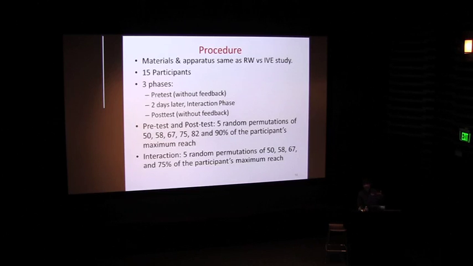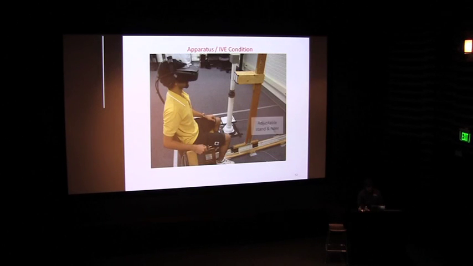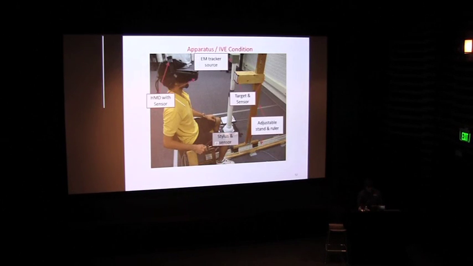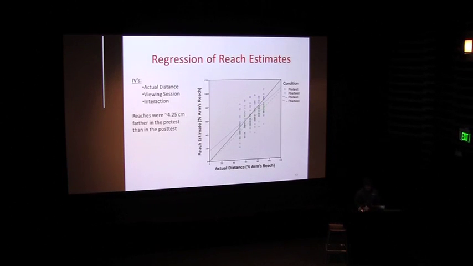75% to 90% range. If they only received calibration to that closer range of distances, where we provided visual and haptic feedback, did it also have an effect on another range of distances beyond the range where they received calibration? Was one of the questions we asked. The same apparatus was used. I'll skip through all this and jump to the